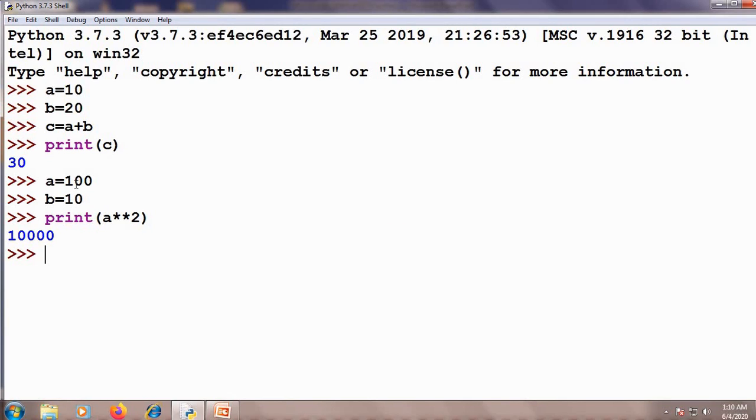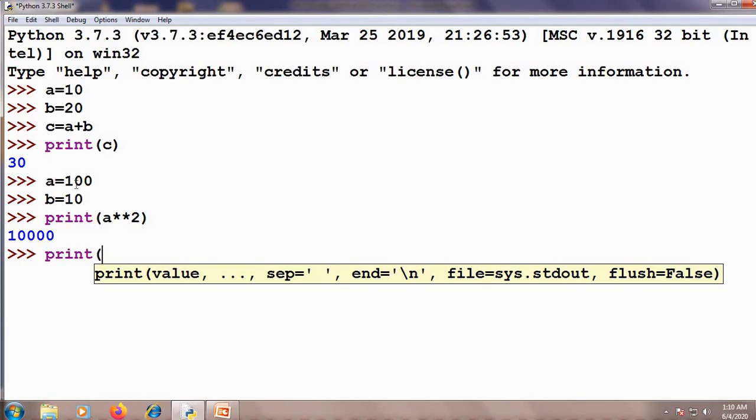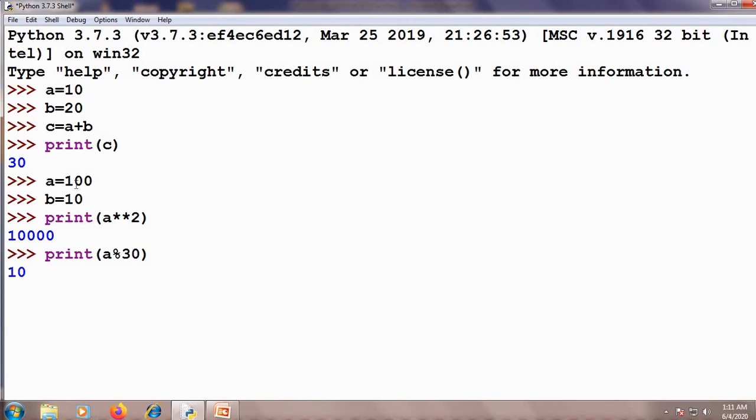So what is the answer? Print A modulus 30. The modulus operator will give the remainder after division. 100 modulus 30. After dividing you will get 10 as the remainder.